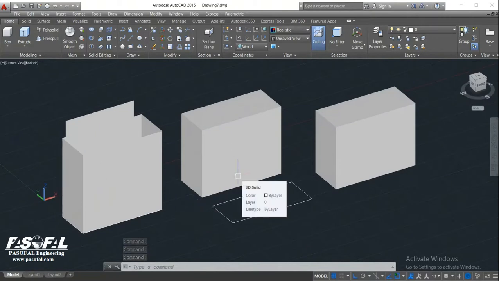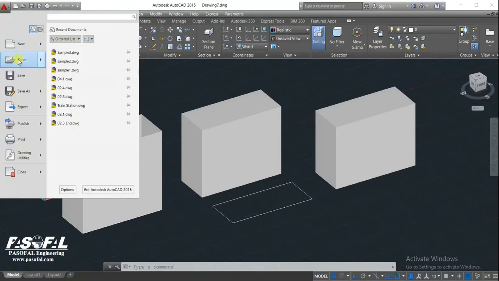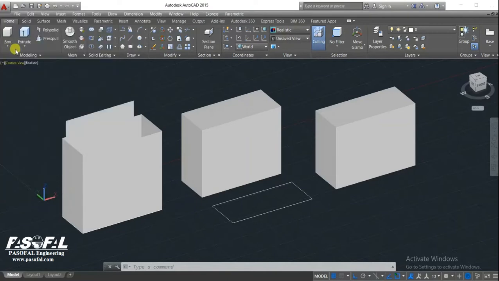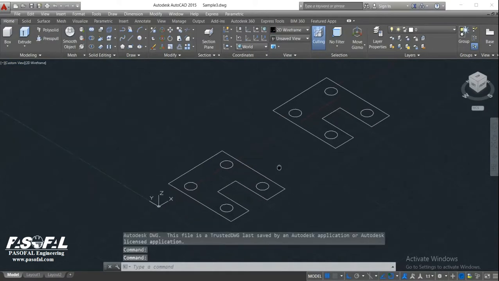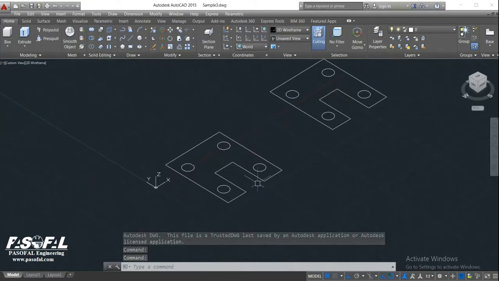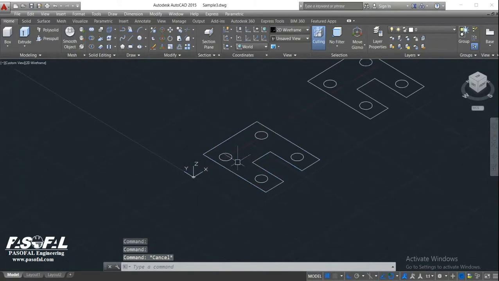In this training, I prepared a piece of industrial drawing, which I want to show you how I can change to 3D modeling and how I can do editing on this piece of industrial drawing. So I will open a sample. Okay, I have two parts and none of them is unique. So first of all, I have to do a boundary with the region command